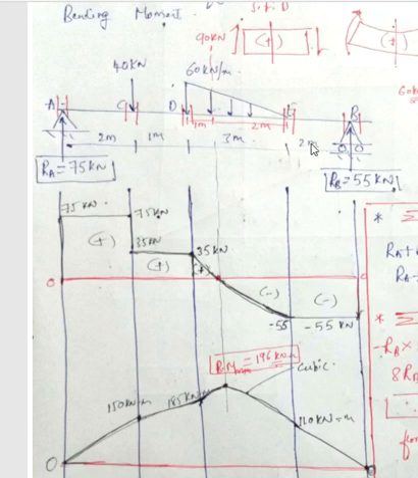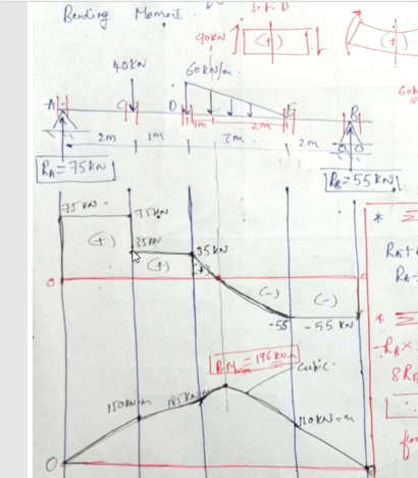When I come to this section, come from right side. Apart from this force and UVL, again there is no additional force. That is why I am going to draw a straight line up to this point. But as soon as I go from this point to this point, there is one force which is added, and it is acting in the vertically downward direction. In the right side, vertically downward is positive.